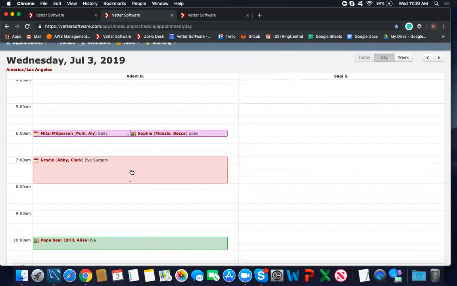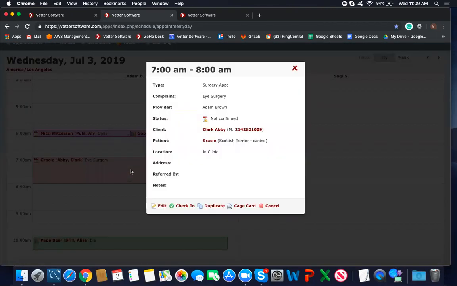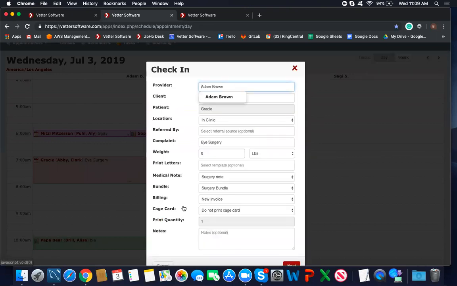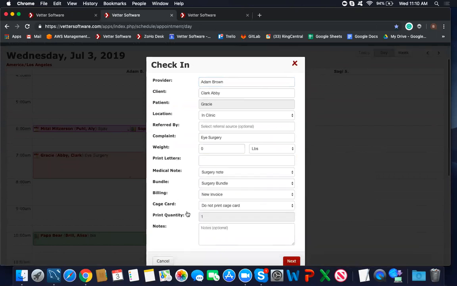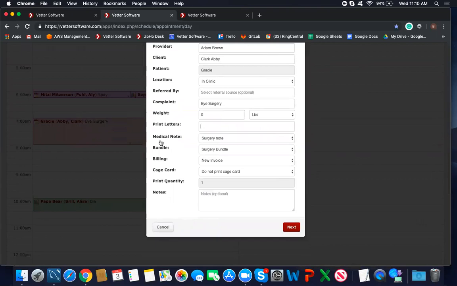And now this is what you're going to see: when you click it and you go into check in, look what happens. Surgery, the medical note is already pre-selected and the bundle is already pre-selected. So if I'm gathering the weight, I can do the weight. If I need to maybe drop some consent forms or something like that, I can print those right here. But basically it takes all of the thought out of the process. So I don't have to think. I just know when I book, oh, it's a surgery, I can book my appointment type. And then I'll let it do the rest for me. It will add these items. It will add this medical note. And so if I save it,